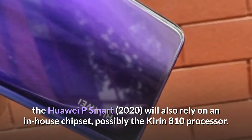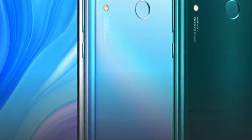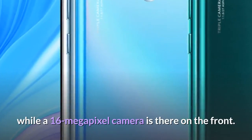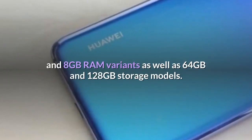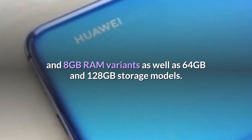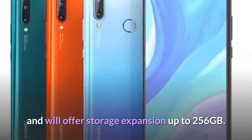Kirin 810 processor. As for the cameras, the yet-to-be-launched Huawei phone will come equipped with a 48-megapixel primary camera, assisted by 8-megapixel secondary and 2-megapixel tertiary snappers, while a 16-megapixel camera is there on the front. The phone will arrive in multiple variants with 4GB, 6GB, and 8GB RAM, as well as 64GB and 128GB storage models. The alleged Huawei P Smart 2020 will run Android 9 Pie and will offer storage expansion up to